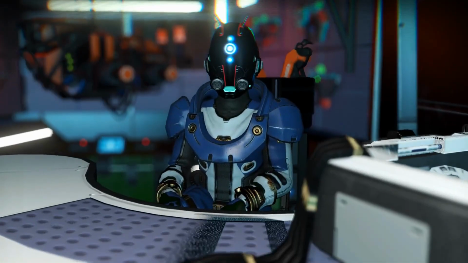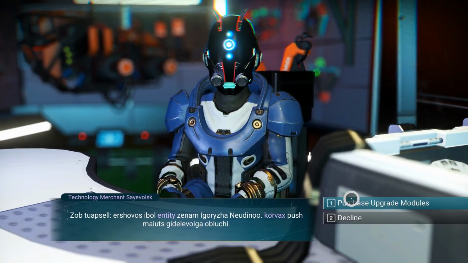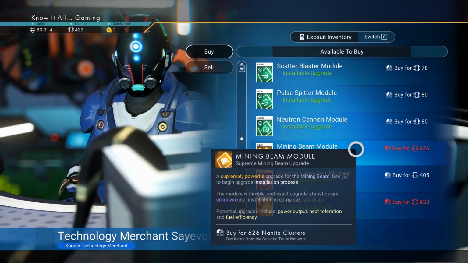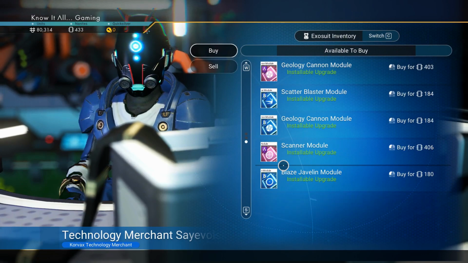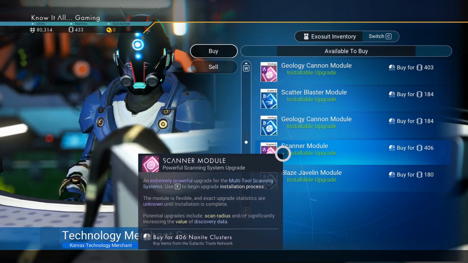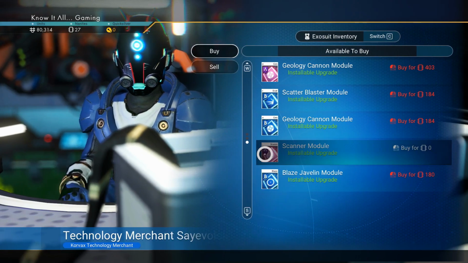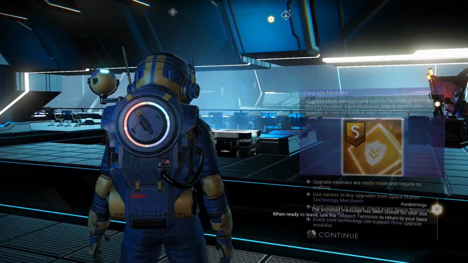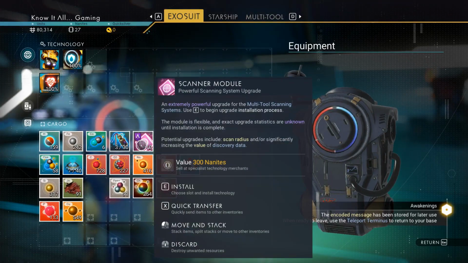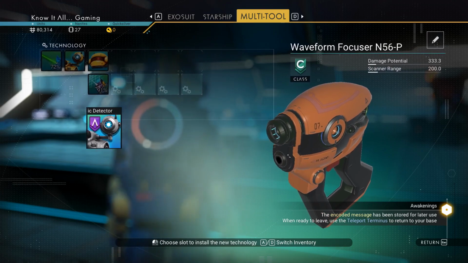Now the next thing we want is that module that I was telling you about, the upgrade for the scanner. So purchase upgrade module, and keep going because we can't afford the expensive scanner module. So again, this one for 406 nanites. We want to purchase it, okay, and then what we want to do is install it into our multi-tool. So out we come. Now we've got the blueprint here, so you want to install it, and then you want to put it in to your